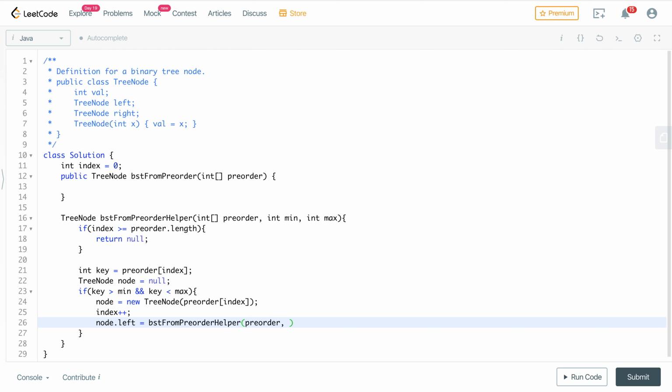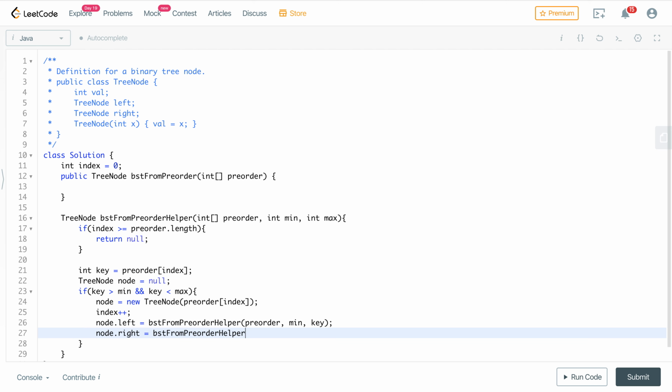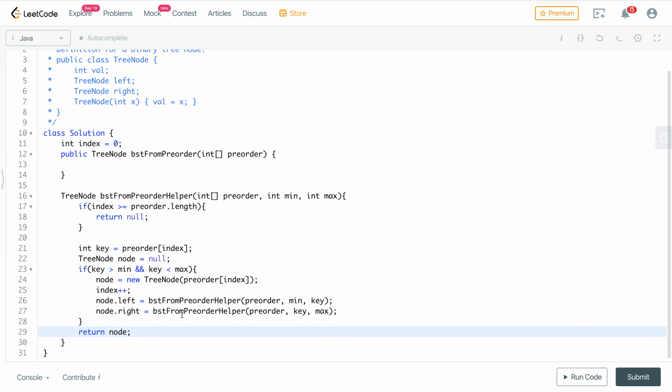When we are calling for the left subtree, we know that the max value can be the key, so we will write the max value as key over here. Similarly for the right subtree, as we are calling for the right subtree, we know that all the values are going to be greater than the key and max remains the same, and we will return the node after this.